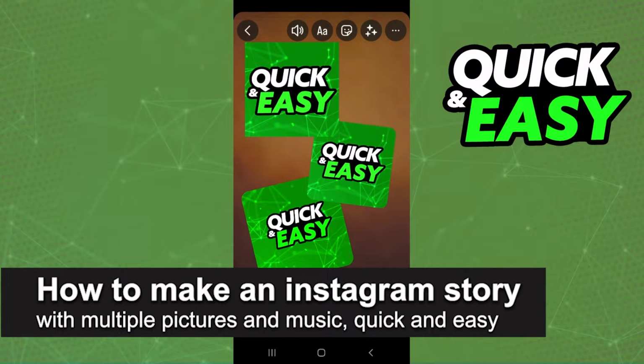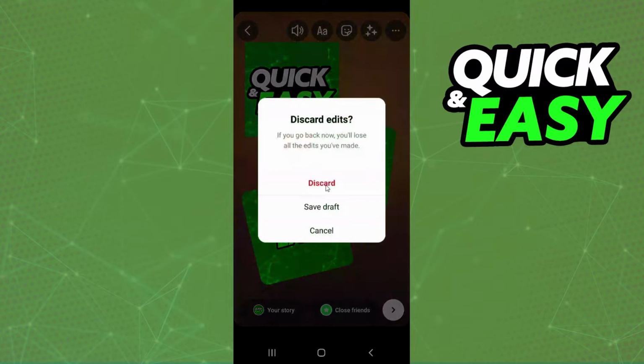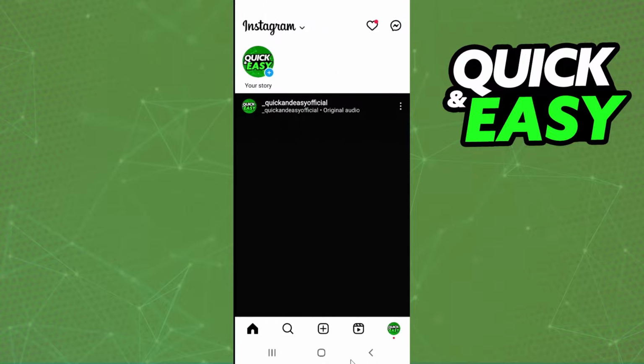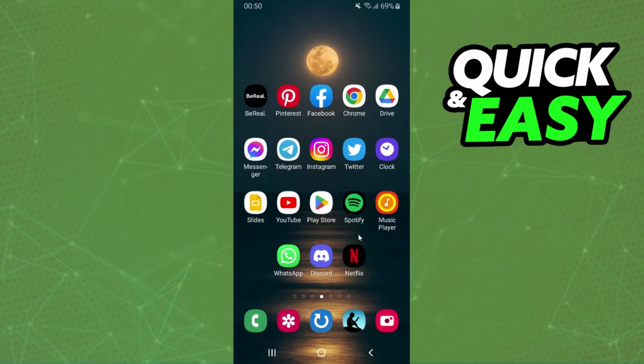In this video, I'm going to show you how to make an Instagram story with multiple pictures and music. It's a very quick and easy process, so make sure to follow along. First, I will point out that this process works on any device. I'm using a Samsung Android, but you can do the exact process if you are on iPhone or any other